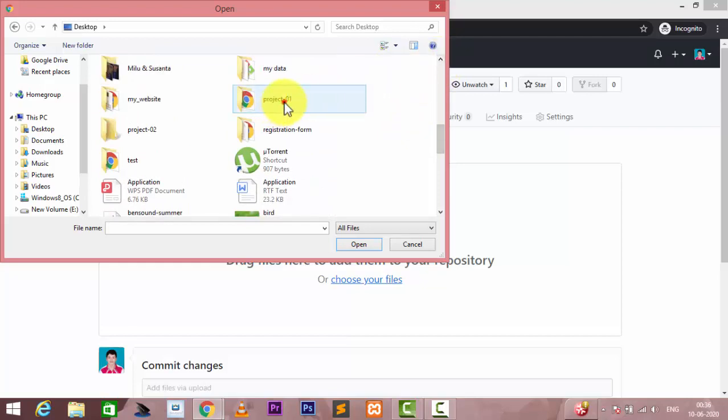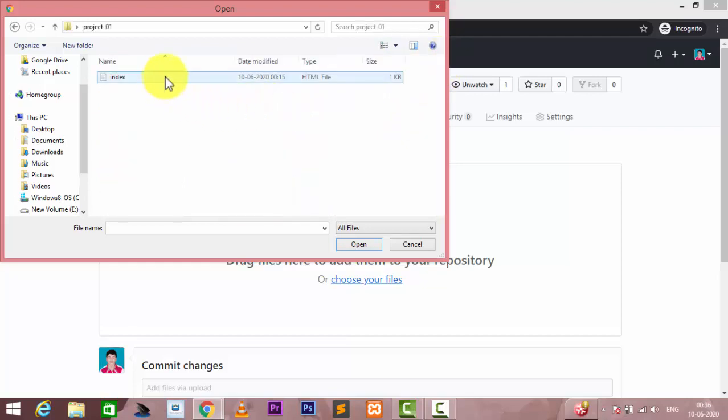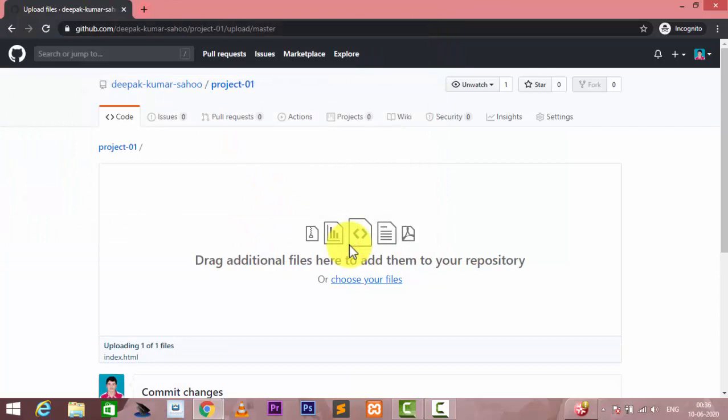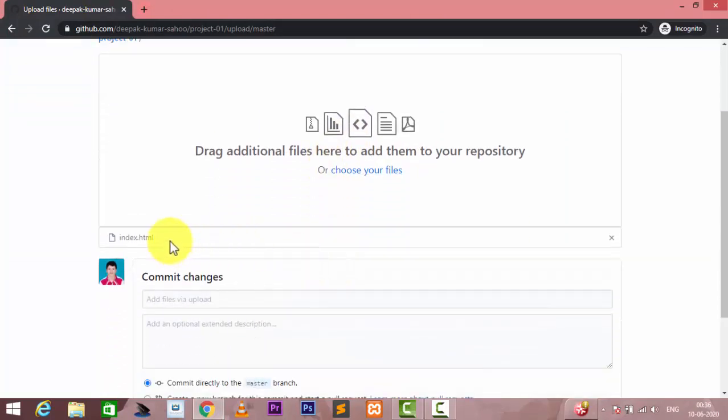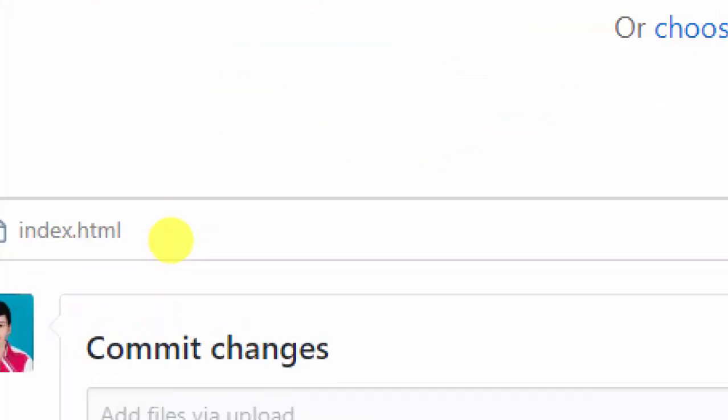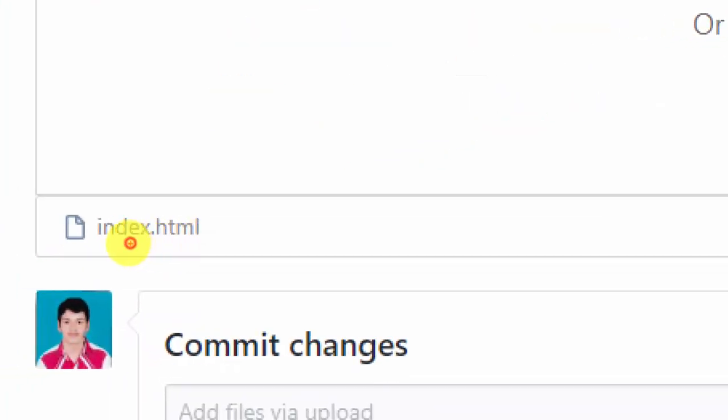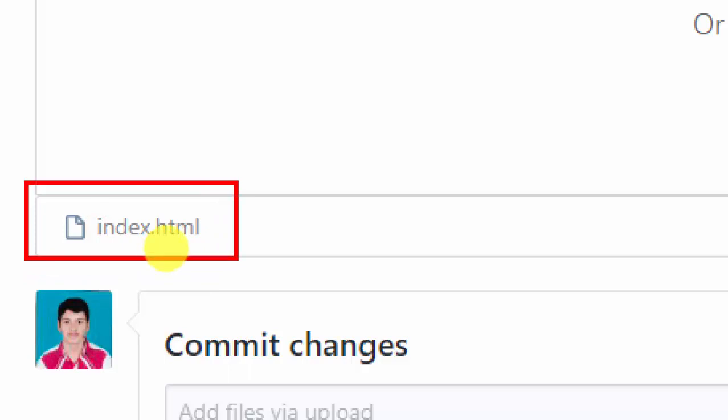Okay, this one. I double click on it. This is my entire content, an HTML5 file of 1 KB. This is for demo purposes, so I simply upload it. You can see this content showing here, and this is my entire file.